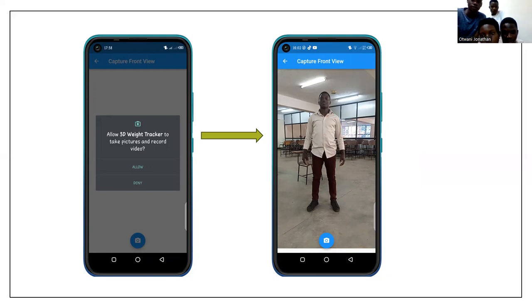Adding on this, after scanning the front view, we will also have to scan the side view so that the application can get the circumference and build the 3D body model. But currently we haven't implemented it, but we are working on it.